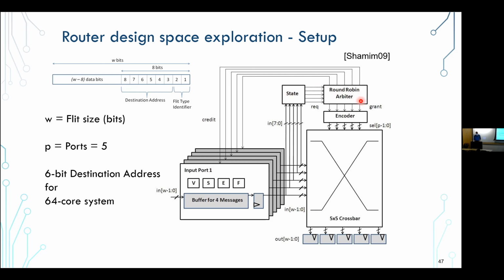You enter that into the round robin arbiter. And these round robin arbiters essentially run per port. So per output port, I'm running a round robin. I get requests from all the input ports, I see which ones are for that output port, and then I run a priority